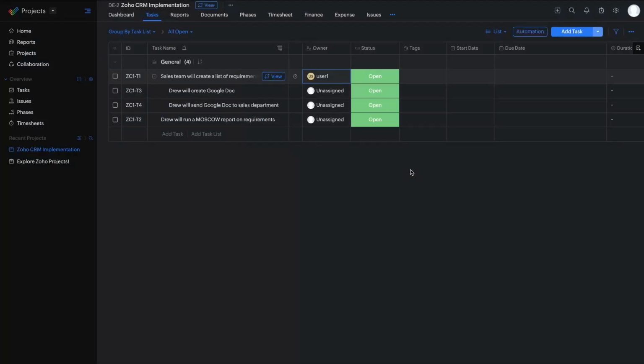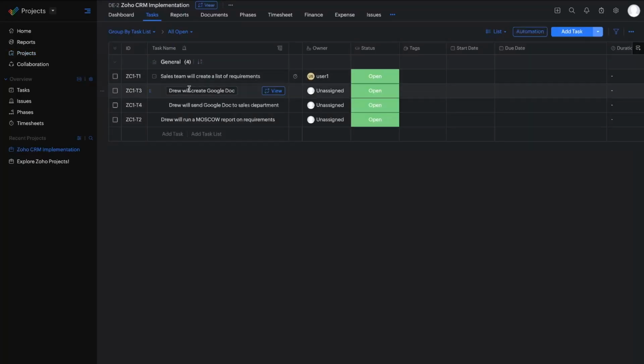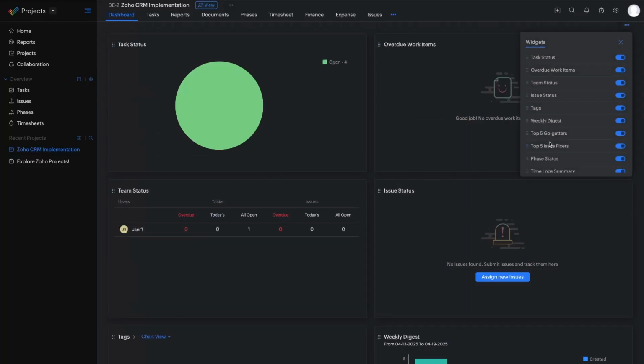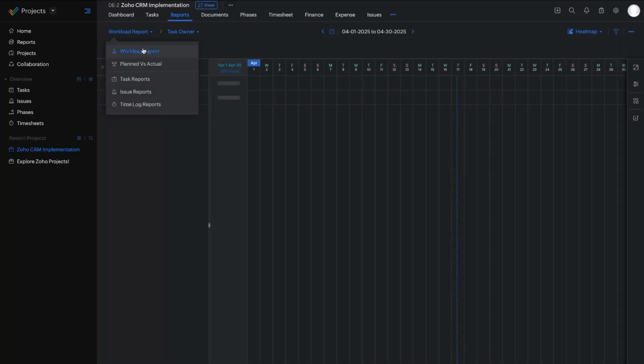So from here, we've got the project, and then within a project, since we created one, we have our different tasks. You have a dashboard here. So we already went over the homepage dashboard, but this is a specific dashboard to this specific project that we have. Okay, so not a lot of customization features here, but again, we can customize the widgets so we can choose what shows up and in what order they show up. We want more specific reports here. We have the out-of-box reports, workload, planned, actual, task reports, issue reports, time log. One of the most popular ones here